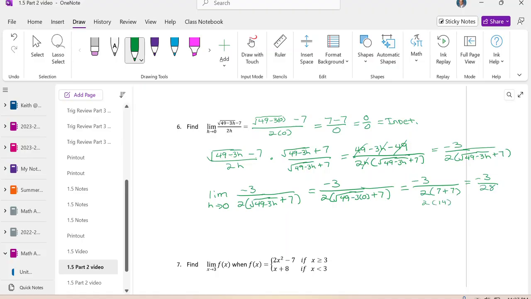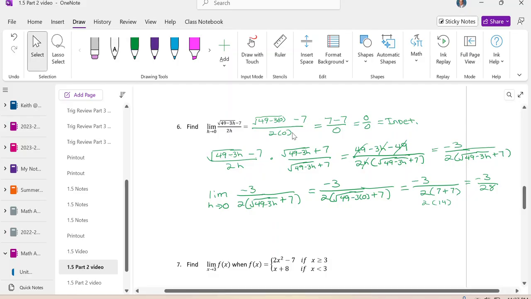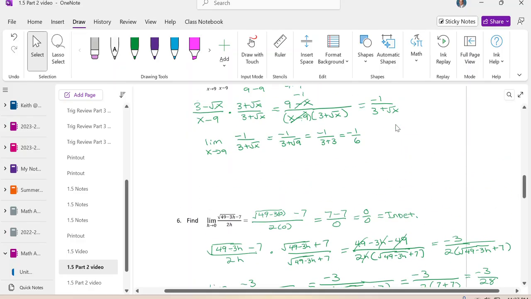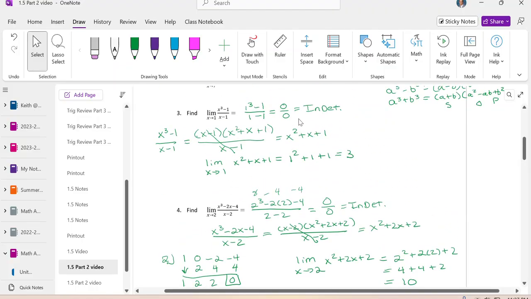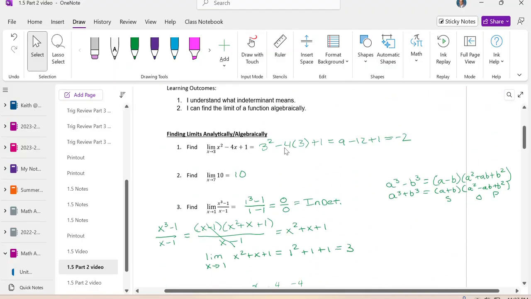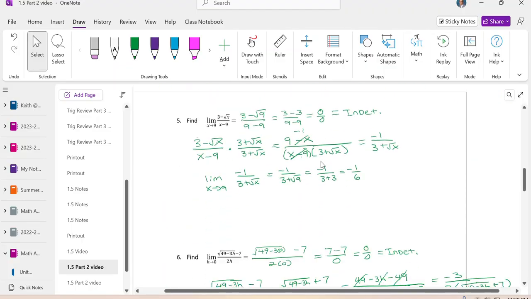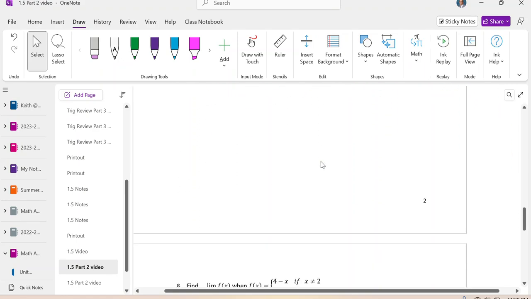Yep. So that's how you would find the limit if you get 0 over 0 or indeterminate. Otherwise, if you substitute it in, it gives you an answer like in number 1 or number 2, then you go with that. Now the piecewise function,